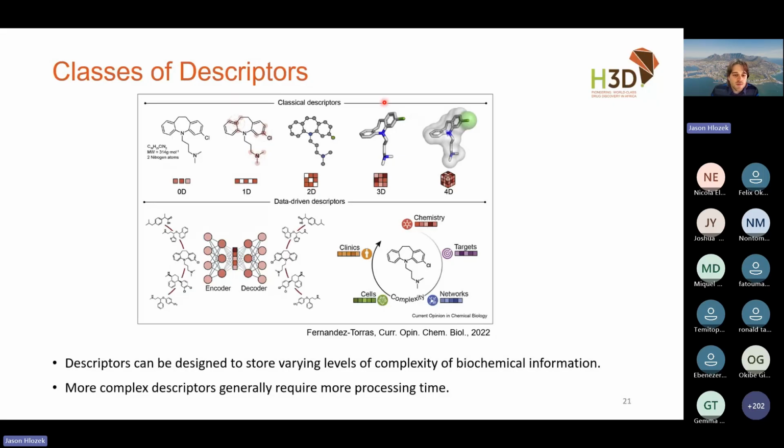And then this is perhaps where you start moving up in complexity, trying to get more, say, Cartesian coordinates or define three-dimensional characteristics of your molecule. You can include maybe time domain information, how your molecule might have different conformations or interactions with its targets. And then in more recent years, we've had these so-called data-driven descriptors where you train these huge neural networks, even beyond just chemical data, clinical data, biology data, and allow it to learn a representation that is useful for itself.